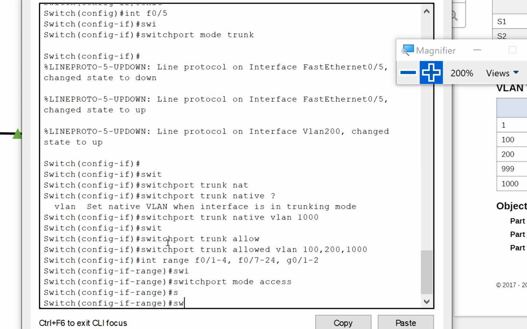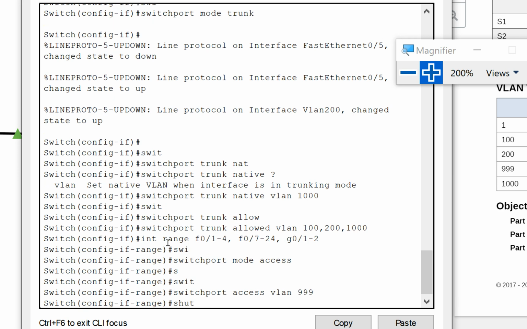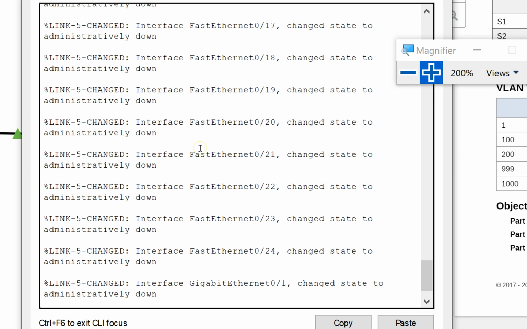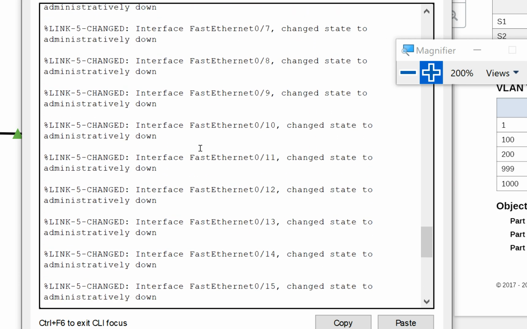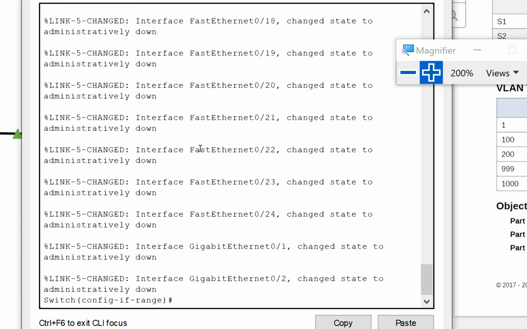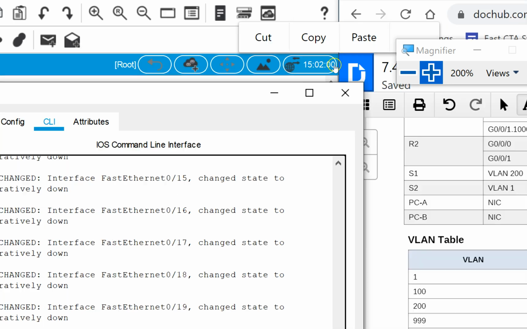Switch port access VLAN 999 shutdown. So this allows me to configure all of these ports all at once. And I'm going to get a lot of messages here. I say, hey, all these ports are just put into a down state. So I'm just circumventing. If anyone were to plug into the switch, they wouldn't be able to plug into anything